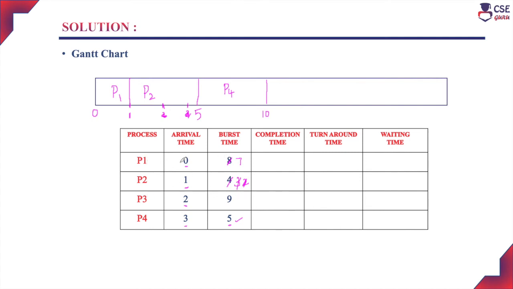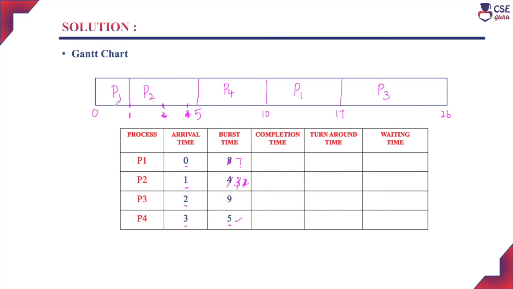Process P1 with 7 millisecond and process P3 with 9 millisecond. The least one is process P1 with 7 millisecond. So process P1 will execute for 7 milliseconds. So 10 plus 7, it is 17. Next, the only process in the ready queue is process P3. Process P3 will execute for 9 millisecond. So it is 26. Now we will find the completion time for each process.